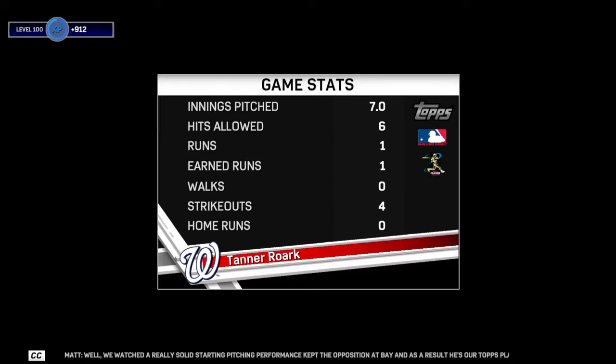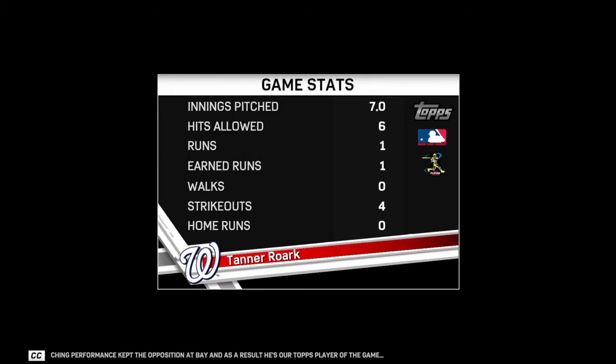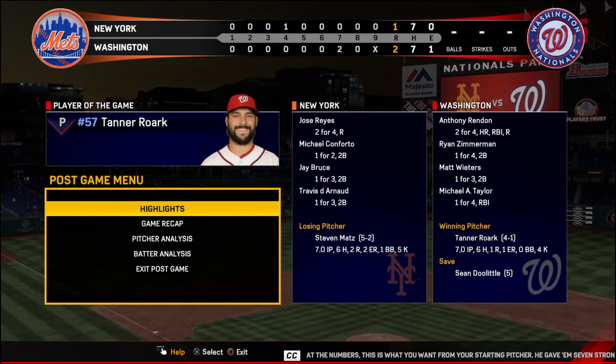Well, we watched a really solid starting pitching performance, kept the opposition at bay, and as a result, he's our top player of the game. Hey, look at the numbers. This is what you want from your starting pitcher. He gave